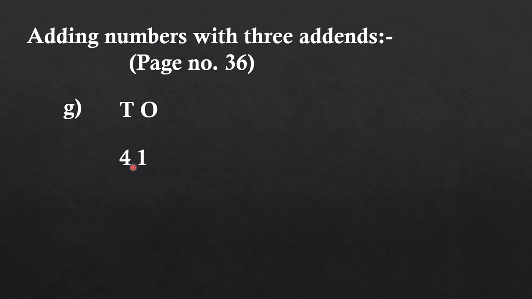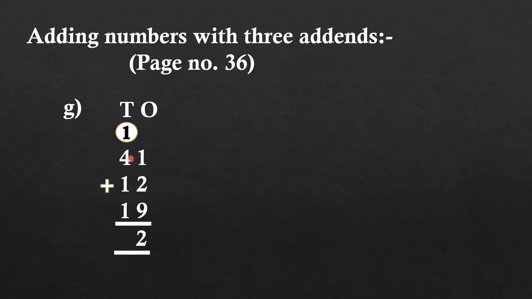Okay. Now in G part, beta, we have to add 41, 12 and 19. Okay, so again we will start from our ones place. So here at ones place first keep 1 in your mind and 2 on your finger. So after 1 you have to count 2 numbers. Okay, 2, 3. Now keep 3 in your mind and 9 on your fingers. Yes, start counting 4, 5, 6, 7, 8, 9, 10, 11, 12. So we will write 2 here and 1 will be carry over.